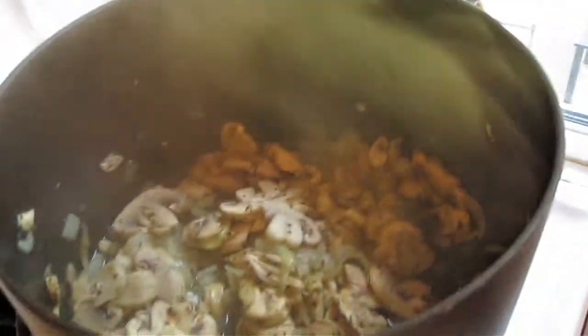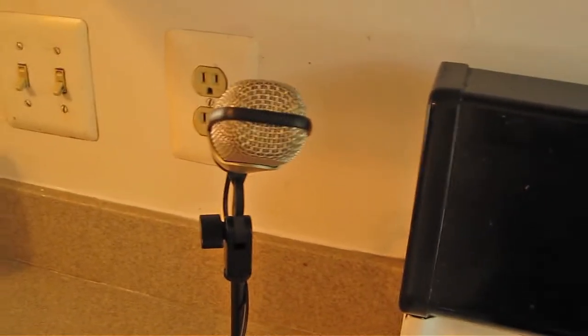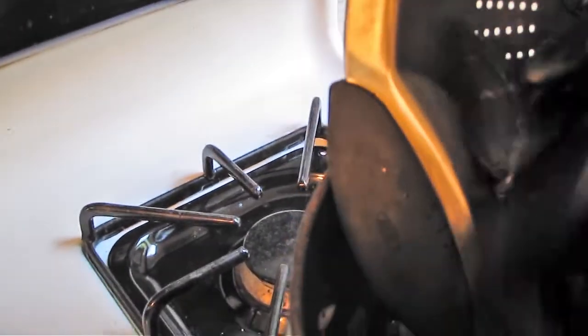Now we need more hands. Taking the hat off. There's our vegetables. There's our moule. There's our bread. There's a microphone. There's the oven. There's the yard. Yeah, mussels. Get the mussels. And we are going to gently, try not to break any shells, pour them in. Shh, it's okay. And we're going to